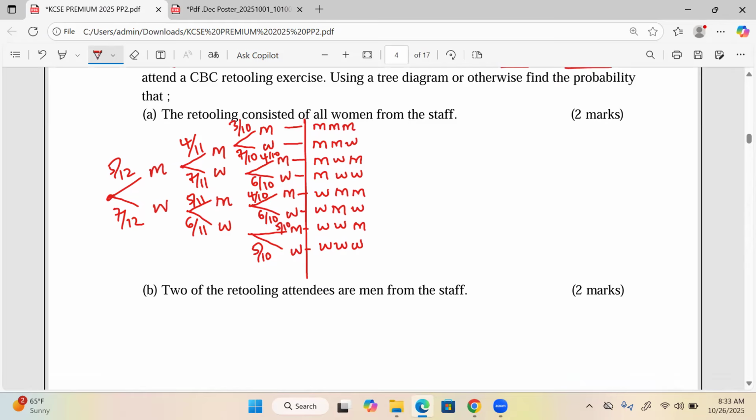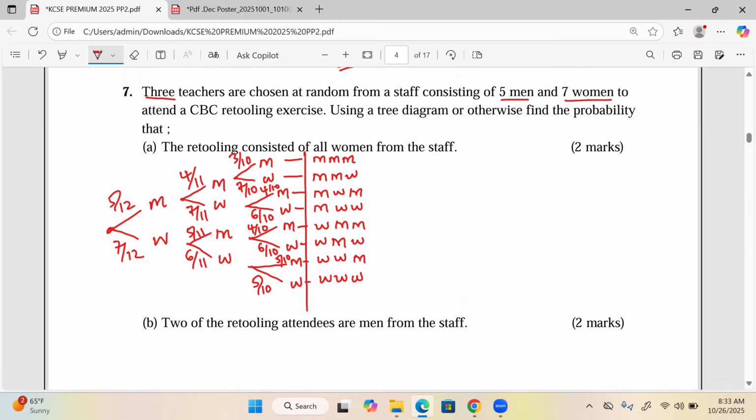When you're taught to draw a probability tree diagram, it's not a must to outline all the possibilities at the end, but for your own convenience, I find it very good to have all the possibilities well outlined. Now let's get to the responding part A. The retooling consisted of all women from this staff. So it means the probability of the 3 people being woman, woman, woman, which is 7/12,